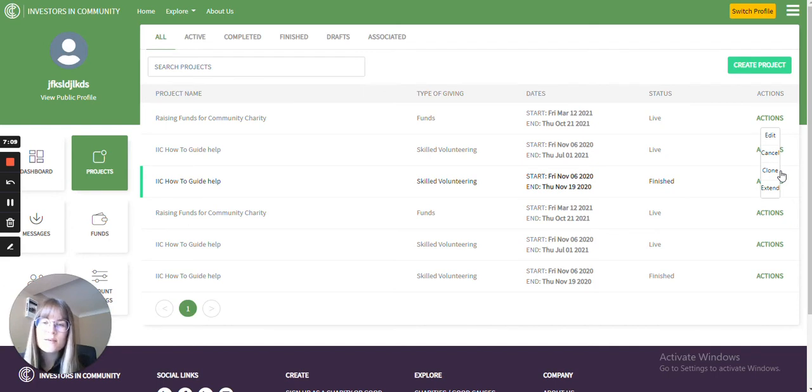All of the details and images will already be filled in and you can just select Save if you're happy for the project to go ahead. The next section is the Extend section. If you'd like to extend your project to a later date as it just hasn't reached its goal, you can